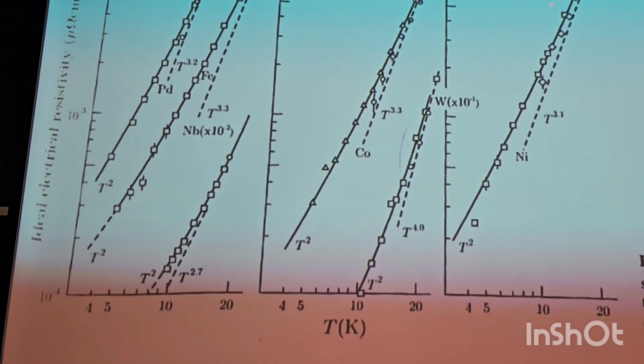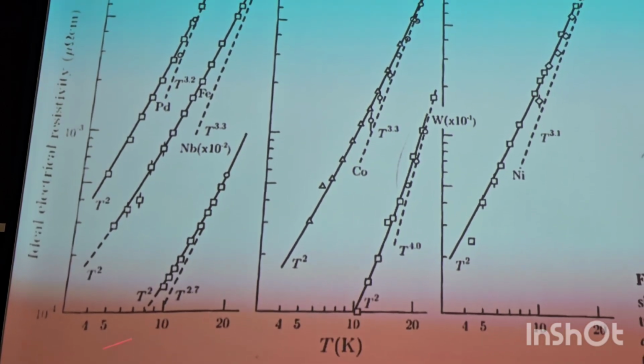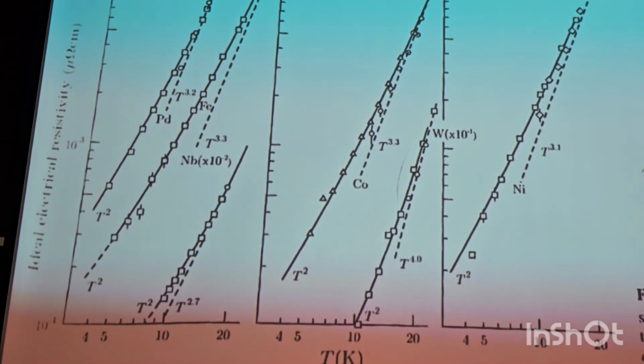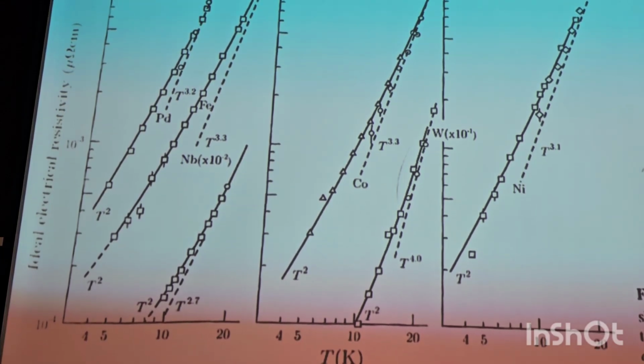This solid line shows the T² dependence, and this dashed line shows a dependence of T^3.1 instead of T². So these asymptote towards a T² dependence at low temperatures. So it's not exactly T², it's slightly different from T², but of the same order. So this is because of electron